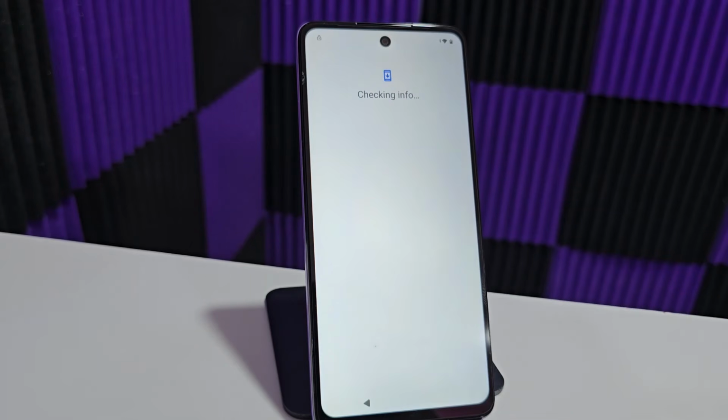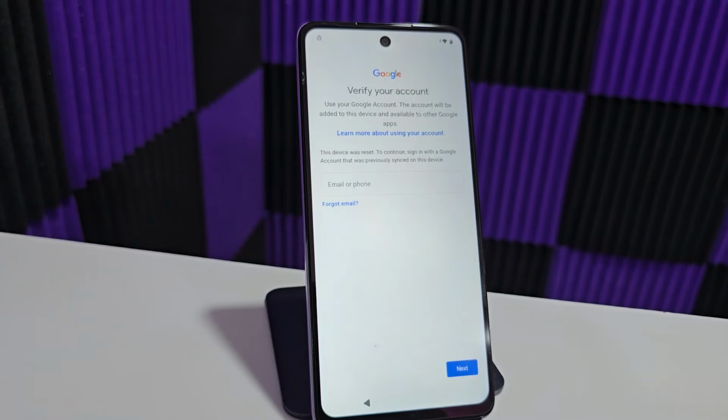For those who know what their Google account is, they can enter it directly. From here, they enter it, click Next, and then enter the password. This way, they will be able to access their device without needing to watch the entire video tutorial. But for those who might not know their email or password,